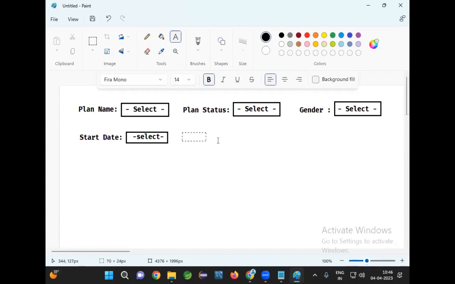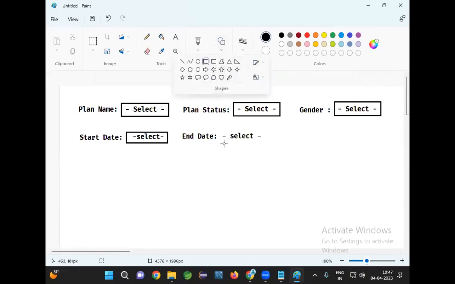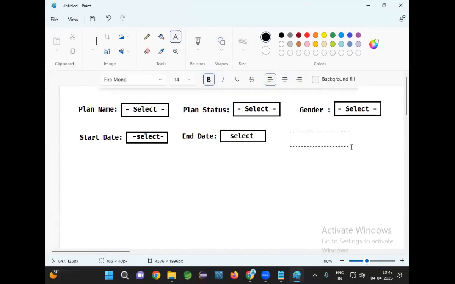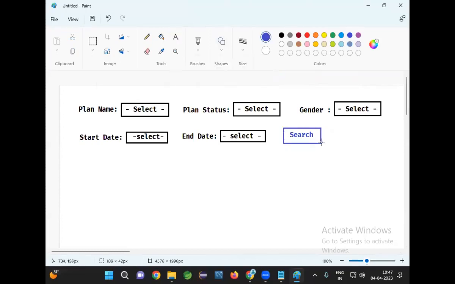Now, start date will be available and end date will be available. I should be able to select the plans based on the start date and end date, based on the name, based on the gender, and based on the status also. And here I will be having a search button. Whenever we click on the search button,